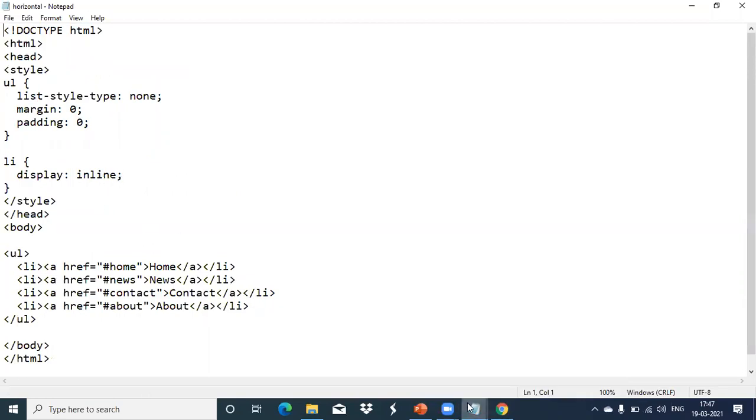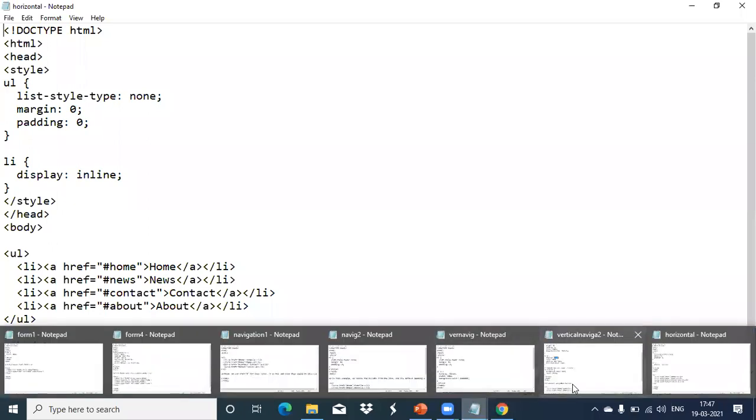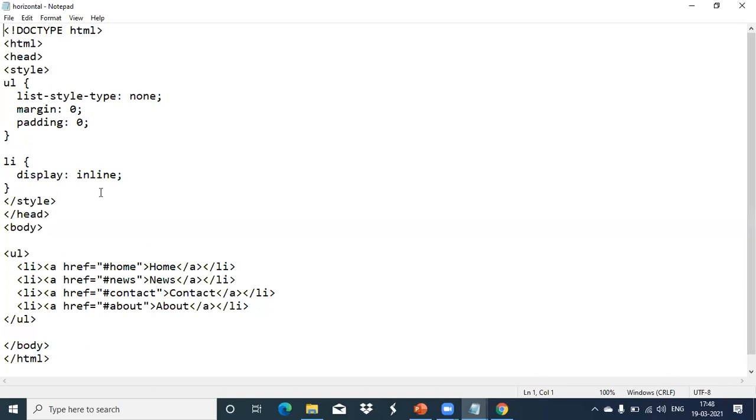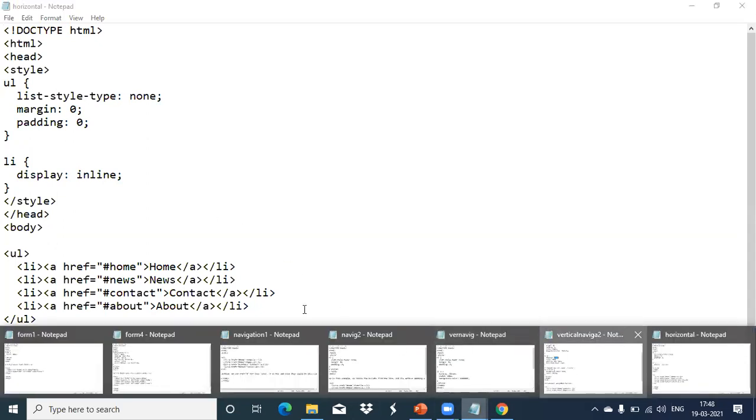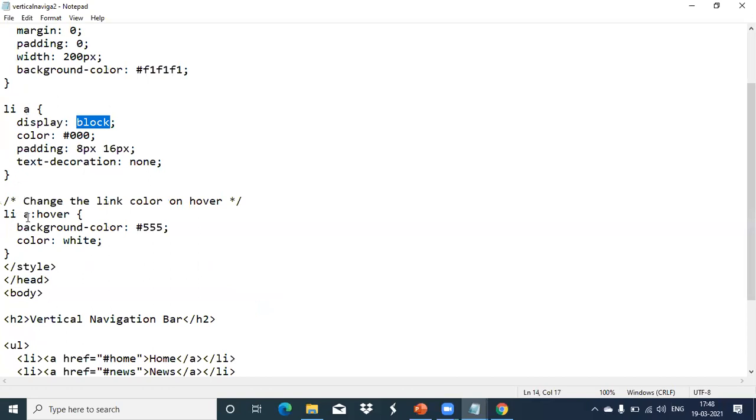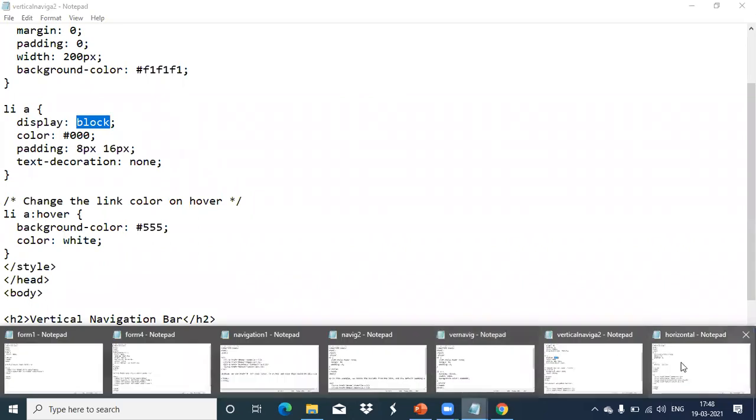Now, what all things I have done with vertical? You have given the background color, the text color, then when the mouse is moving, what color it should show. All those things again you can implement for the horizontal type of navigation bar also. Same example here we have seen: list item A colon hover, this background color and all we have specified. Same thing I can implement for horizontal. Same way it will work. Only thing we have changed is block into inline. So I got this navigation bar as horizontal.